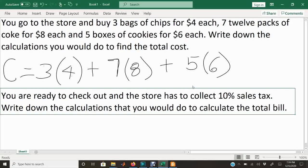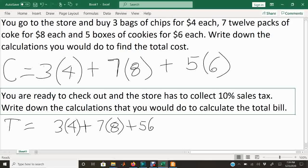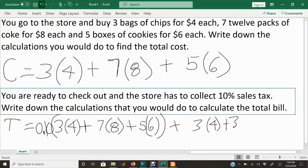So to calculate the total bill, we're going to take our 3 times our 4 plus our 12 times our 8 plus our 5 times our 6. But we're actually then going to have to take that entire answer and multiply it by 0.1 or 10%. Then we're going to have to add 3 times 4 plus 12 times 8 plus